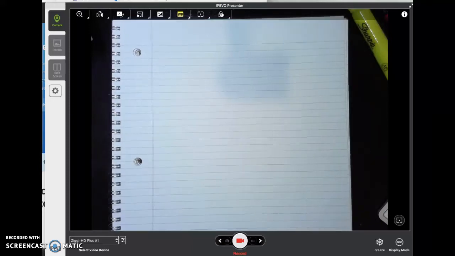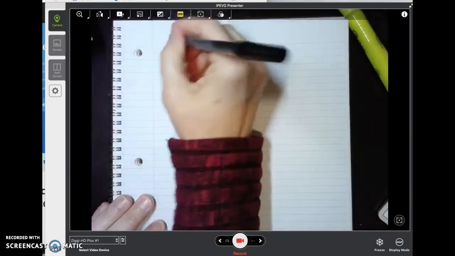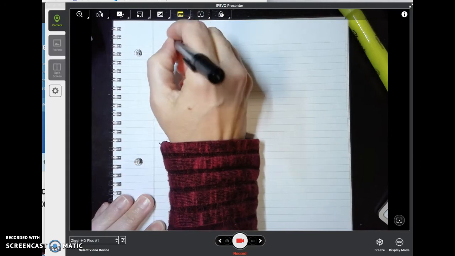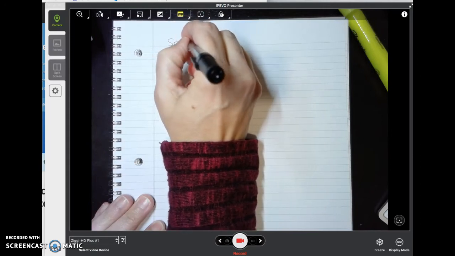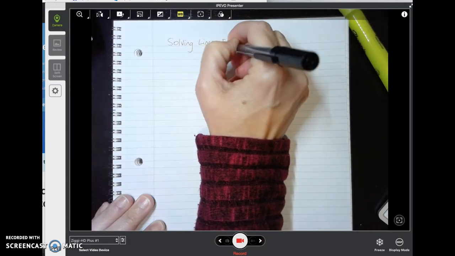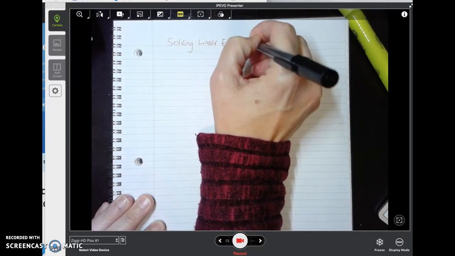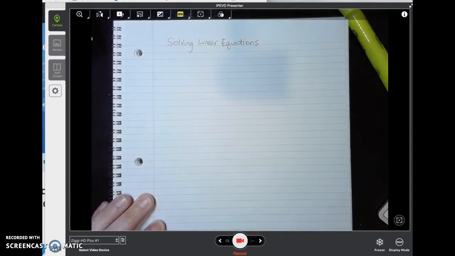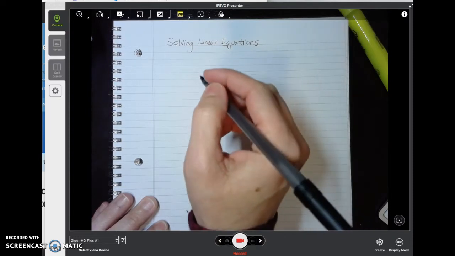Okay, guys, several of you asked for a video on solving equations. So I'm going to demonstrate solving linear equations in one variable for you. There are lots of different types, so I want to just give you the basics of how you take care of these. I'll do your first example,